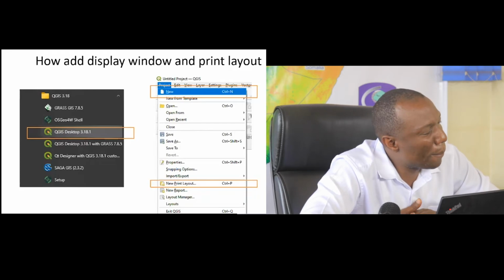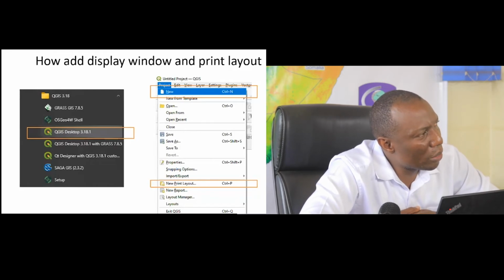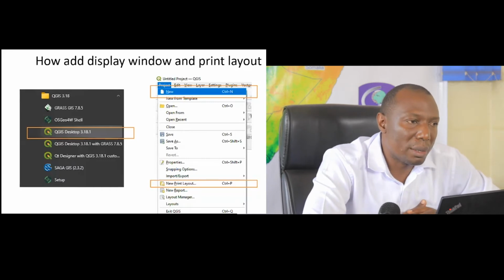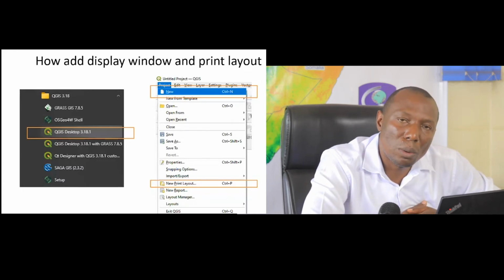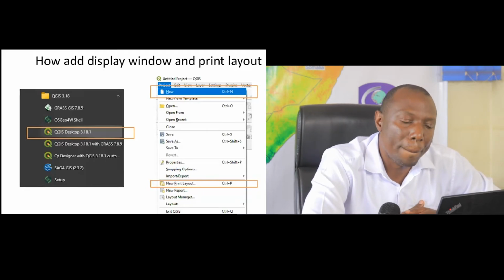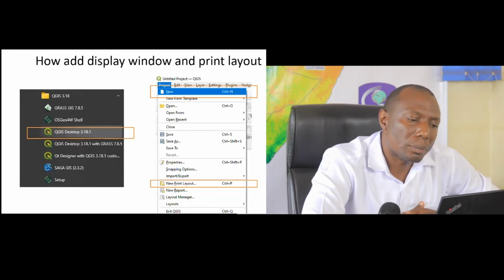Then if you're using a Mac, if you have this in your dock, just click on it or go into applications on your Mac laptop and QGIS will be there. Then when it opens, you'll see a window like